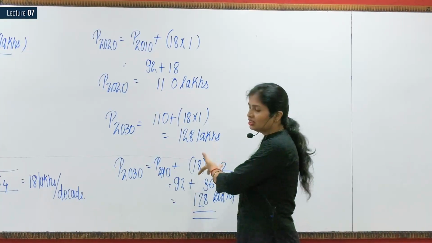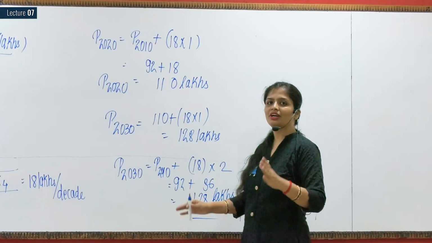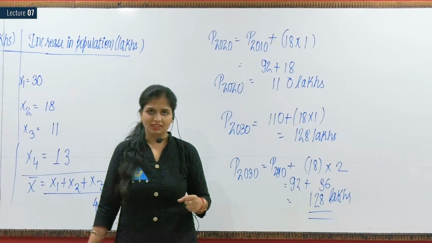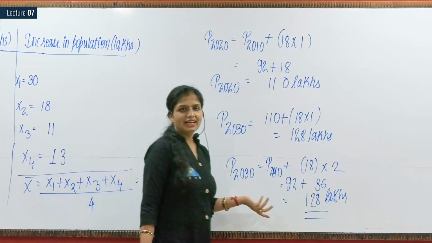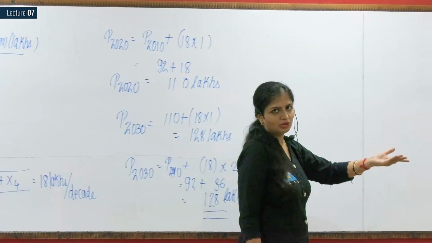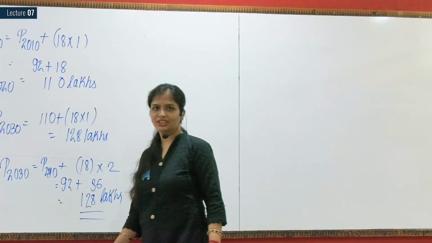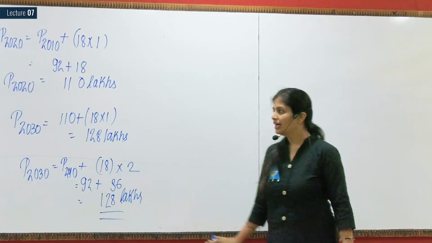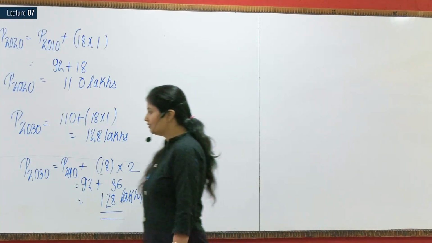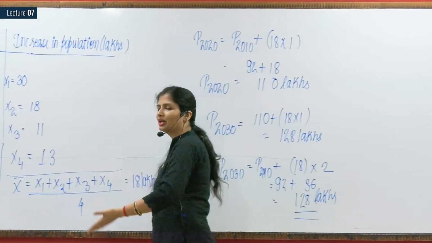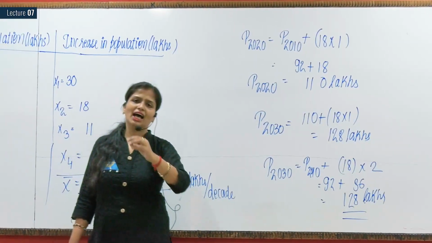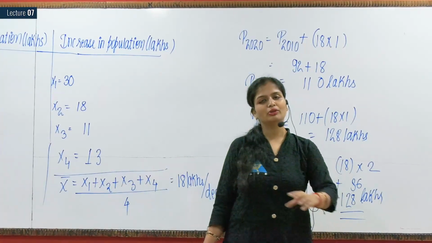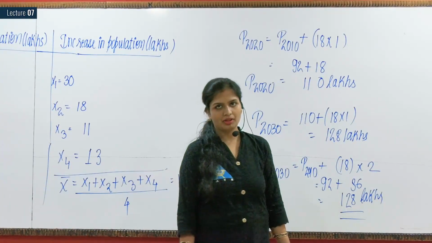You can't see the difference here because it's a whole number value, but whenever it's something like 128 lakhs 71,500, then you will see the difference. Generally, we design on the safer side, so we increase the value up to a certain extent, rounding off to the nearest integer value. Fine. Now, is this clear to you? Now, I don't want you to calculate it for every data, like for 2050 or for 2080. I will derive a simple formula with the help of which you are able to calculate for any decade you want. How come?